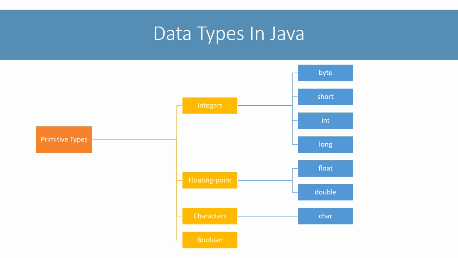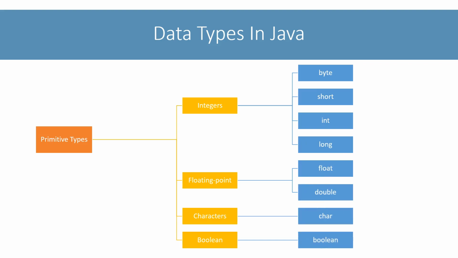The Boolean group represents the true-false kind of data like the promoted column in our student result sheet example. This group too has only one data type, boolean, which can either have the value true or false. This gives us 8 primitive data types, namely byte, short, int, long, float, double, char, and boolean.